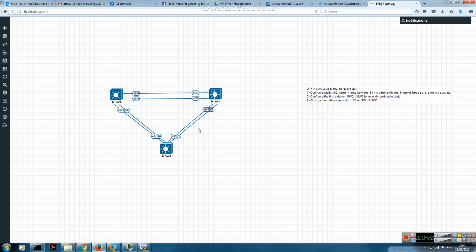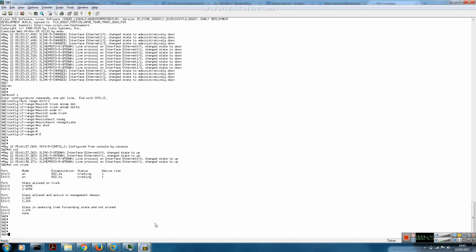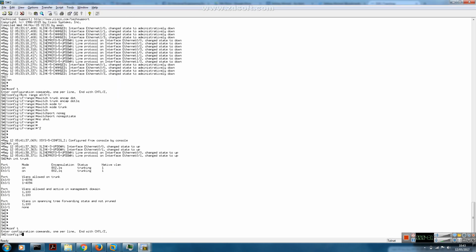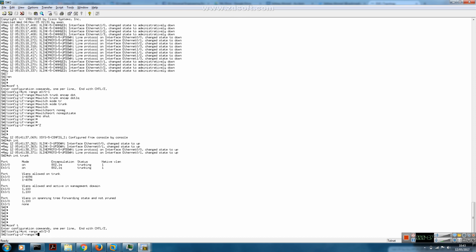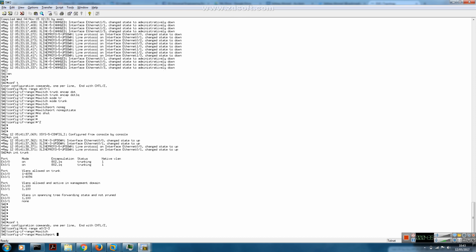The second thing we'll be configuring is the dynamic trunking protocol between switch 2 and switch 3. We'll configure them in the auto state. So I'll talk a bit about that. So starting with switch 2. The command we're going to use is switchport mode dynamic,